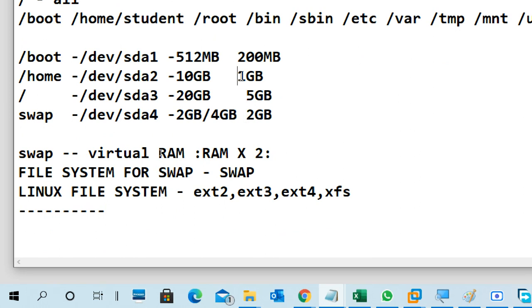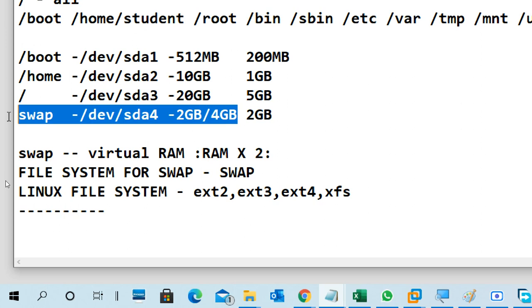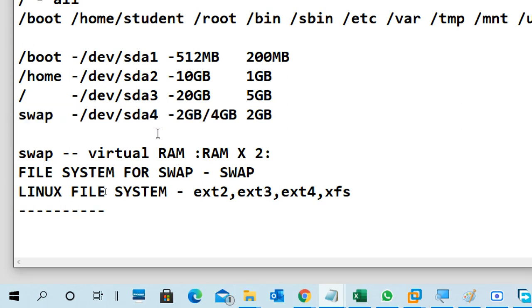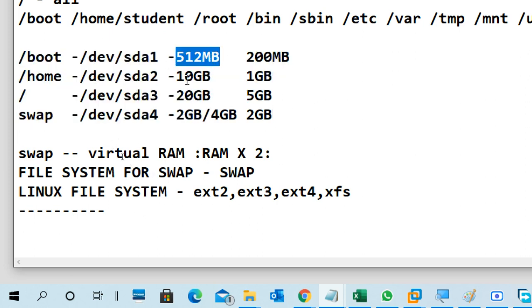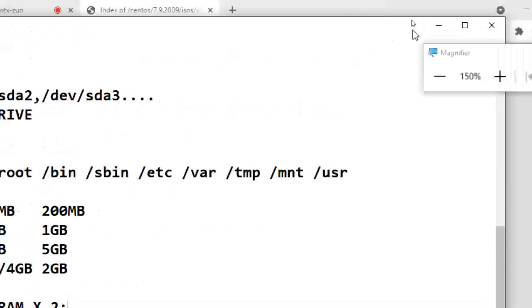There are a lot of other conditions. Okay, swap is compulsory to mention. Sometimes it is not required at all. Normally for our practicals, swap is not required. But if I want to install Oracle inside this machine, then swap is compulsory. Certain applications ask for swap memory, so you should compulsorily mention the swap memory. Okay, guys, remember this table: 512 MB for boot, home 10 GB, slash 20 GB, and swap 2 GB. First I will install minimal only.